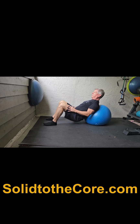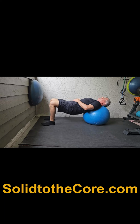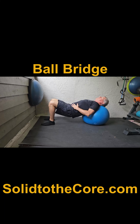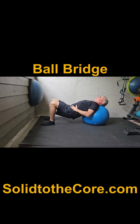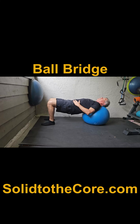Now we're moving into the ball bridge. And this is another one great for the gluteals in the back. All of the gluteals, the medial, the maximus, and the minimus. Now when we do this bridge, you can see that we're coming up and squeezing those glutes at the top as we create that tabletop on the front side. Just coming right up. And again, we're looking at doing 10 to 15 of these